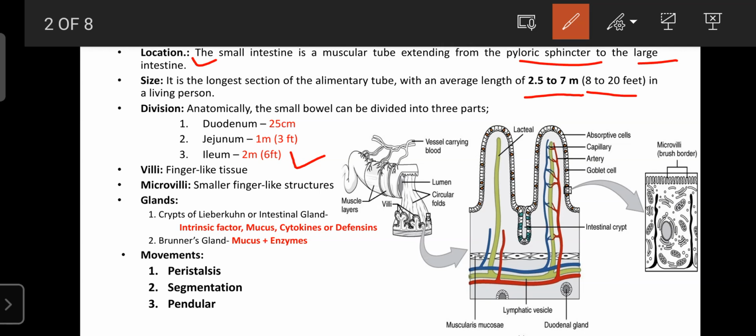And the duodenum is the main part of the small intestine, arising just after the stomach. The duodenum receives the secretions from the pancreatic gland, secretions from the bile or gallbladder, and secretions from the small intestine. So whatever digestive juices are there, those secretions are secreted into the duodenum. Later they are mixed in the duodenum, then enter into the jejunum, the jejunum into the ileum, and finally into the large intestine. So the duodenum is the main part of the small intestine.